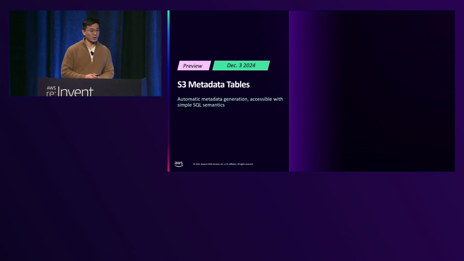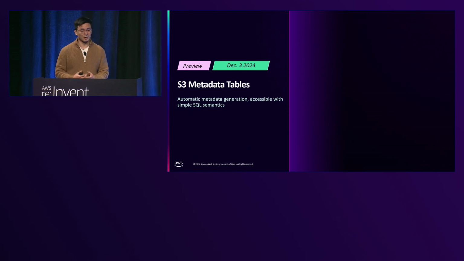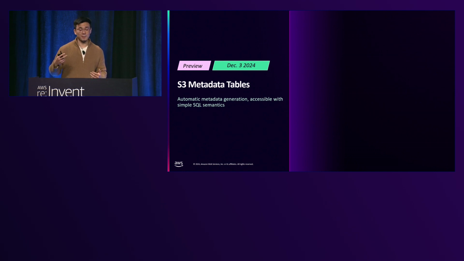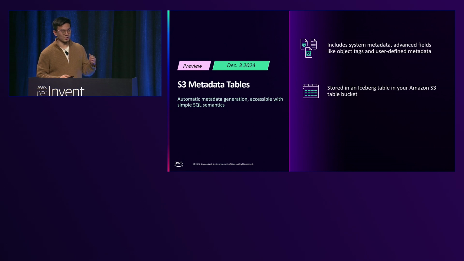As Hiran mentioned, when we talk to a lot of customers, one of the problems they often cite is that as your data lake scales, sometimes it's hard to understand what you have and it's hard to find data. So the idea for S3 Metadata, if we boil it down, is an easy button for you to click, and then we just start generating rich and robust object metadata, and S3 takes care of all the heavy lifting for you.